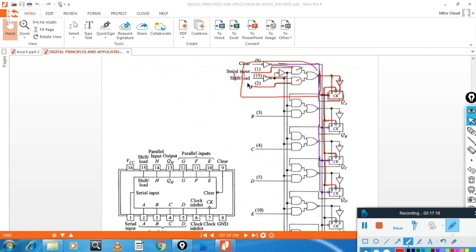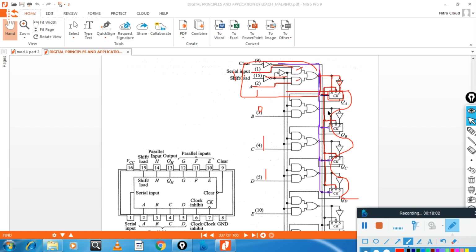First the control signal will load the data, whatever data is present here, that will be loaded. Then the data is shifted like this. That is the function of shift and load. Load is used to load the data from the input to the register or particular flip-flops. Then shift is used to shift the data inside the flip-flops. To generate this control function, we are using this NOR circuit diagram.